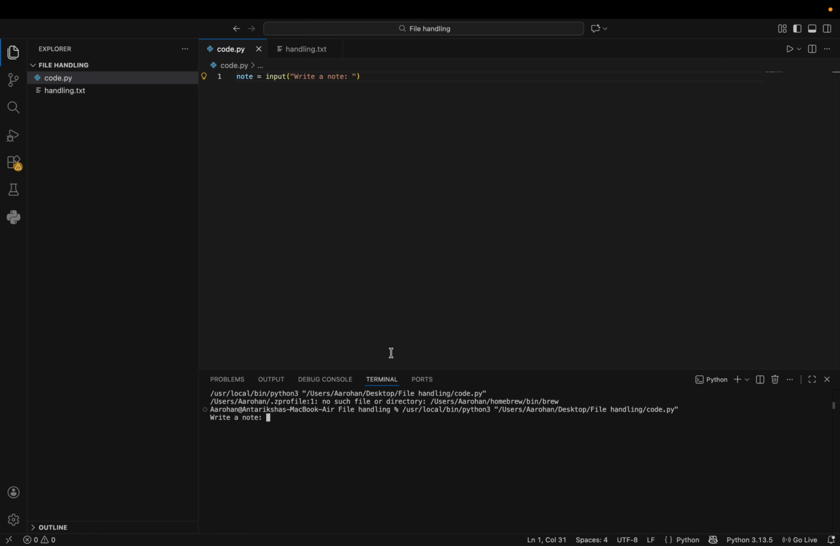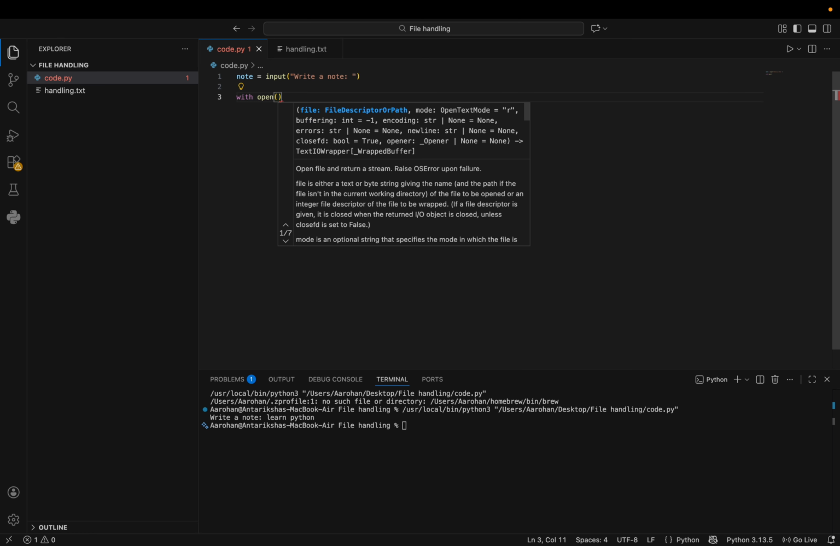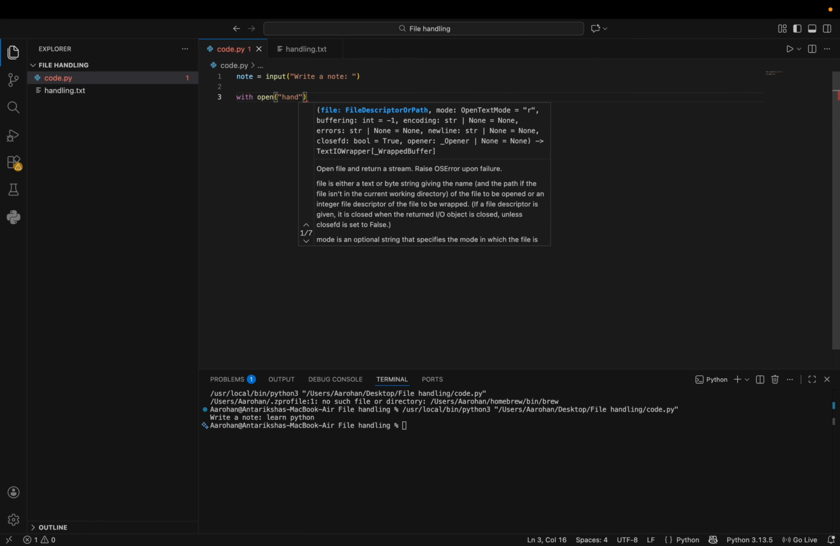So I run my code. As you can see, it asks me to write a note, and I can write something like learn Python, and I hit enter, and that will be the value of note. So whatever we enter, that will be the value of the variable note. So now that we have the user input, we want to add it to our text file. So in order to add it, we need to first open it. So we'll use with, and then open, then our file name,